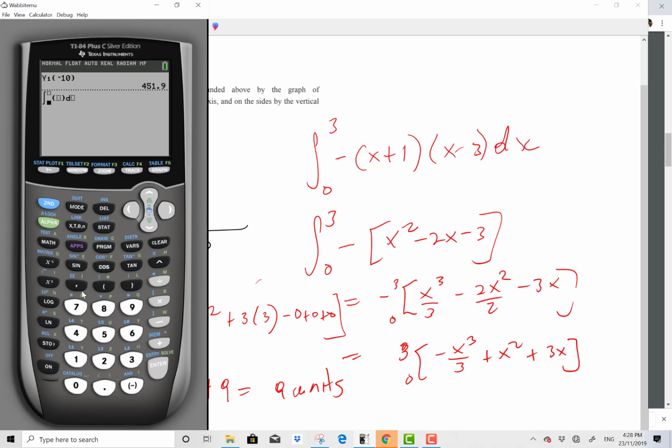I'm integrating from 0 to 3, so I put 0 at the bottom and 3 at the top. Then I put my parentheses, and my expression there is going to be x squared minus 2x